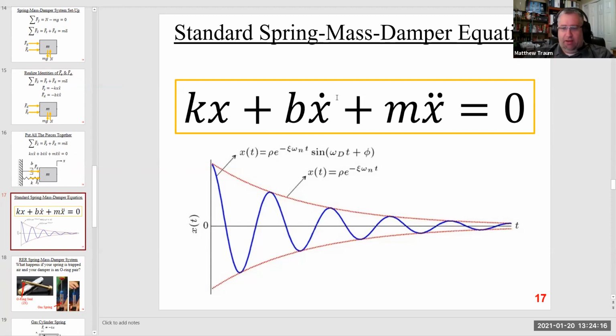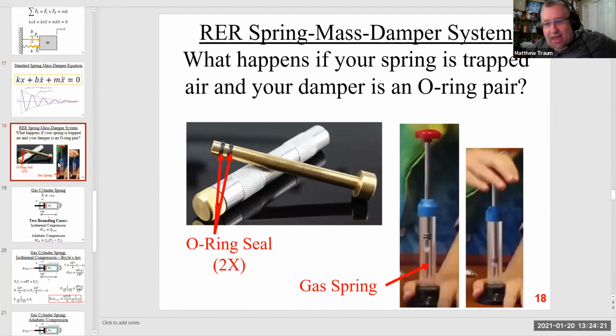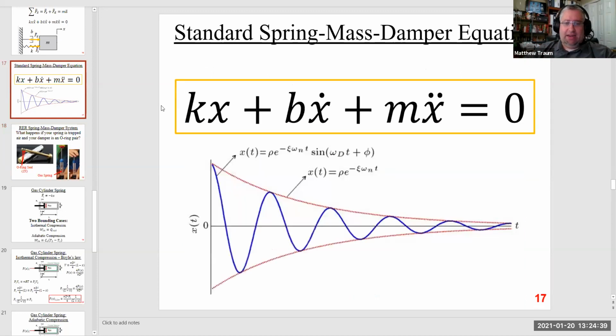No? Okay, cool. So now we're going to modify it. Following up on the question from before, we do actually have an energy dissipation mechanism like a damper, which is the O-rings, and we have an energy storage mechanism like the spring, which is the gas behind the piston. We can in some way recycle this equation. So there's going to be a spring component, a damper component, and a mass times acceleration component.